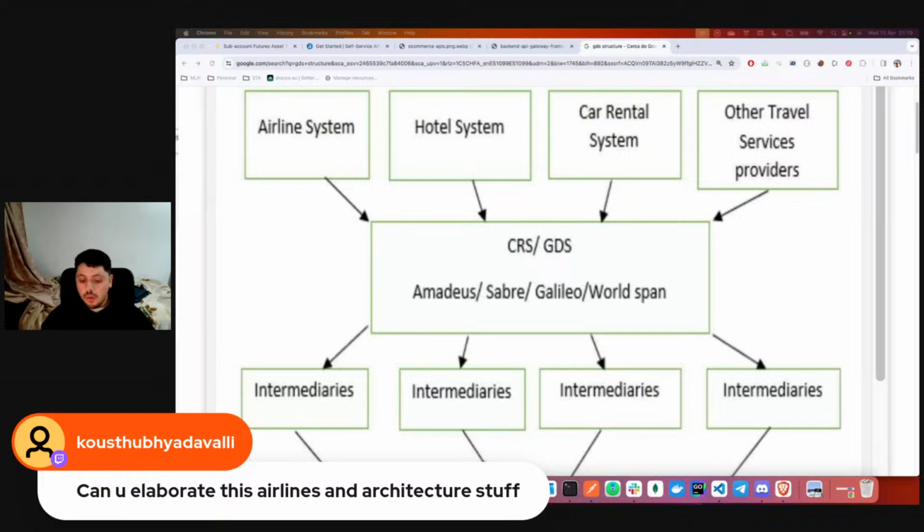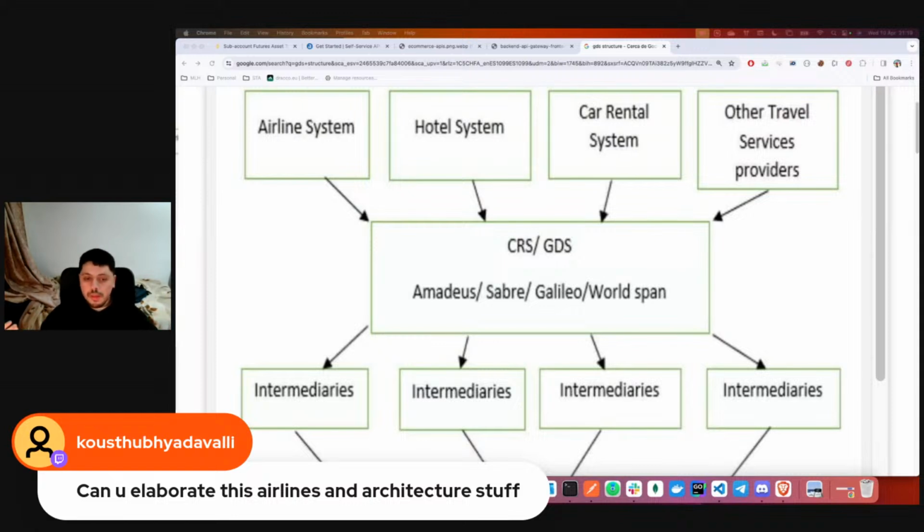Then they provide all this information to the GDS, the global distribution systems like Amadeus, Sabre, Galileo. And Amadeus, in this case, says, okay, thank you airline for all this information. I will try to sell all these seats, and let's make a profit.